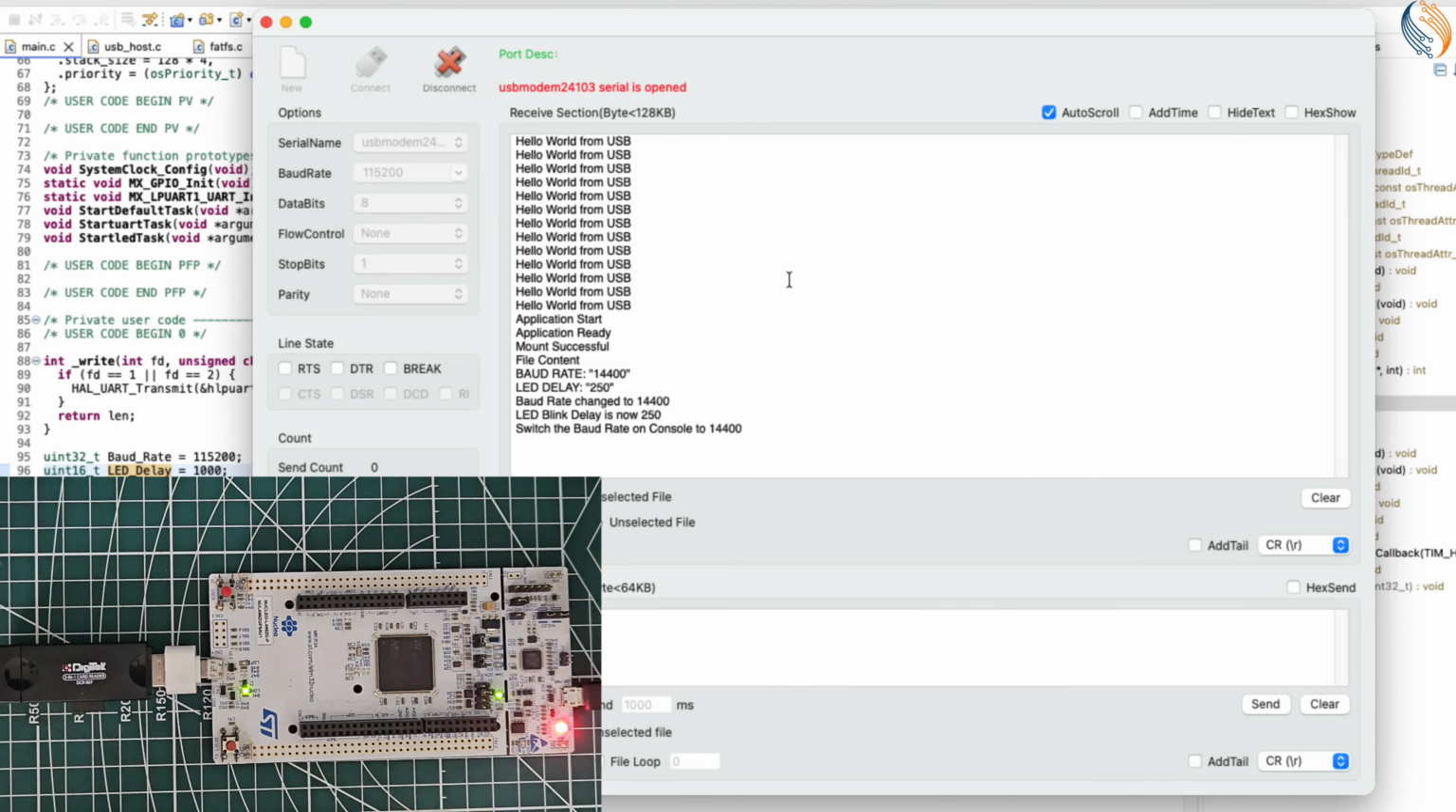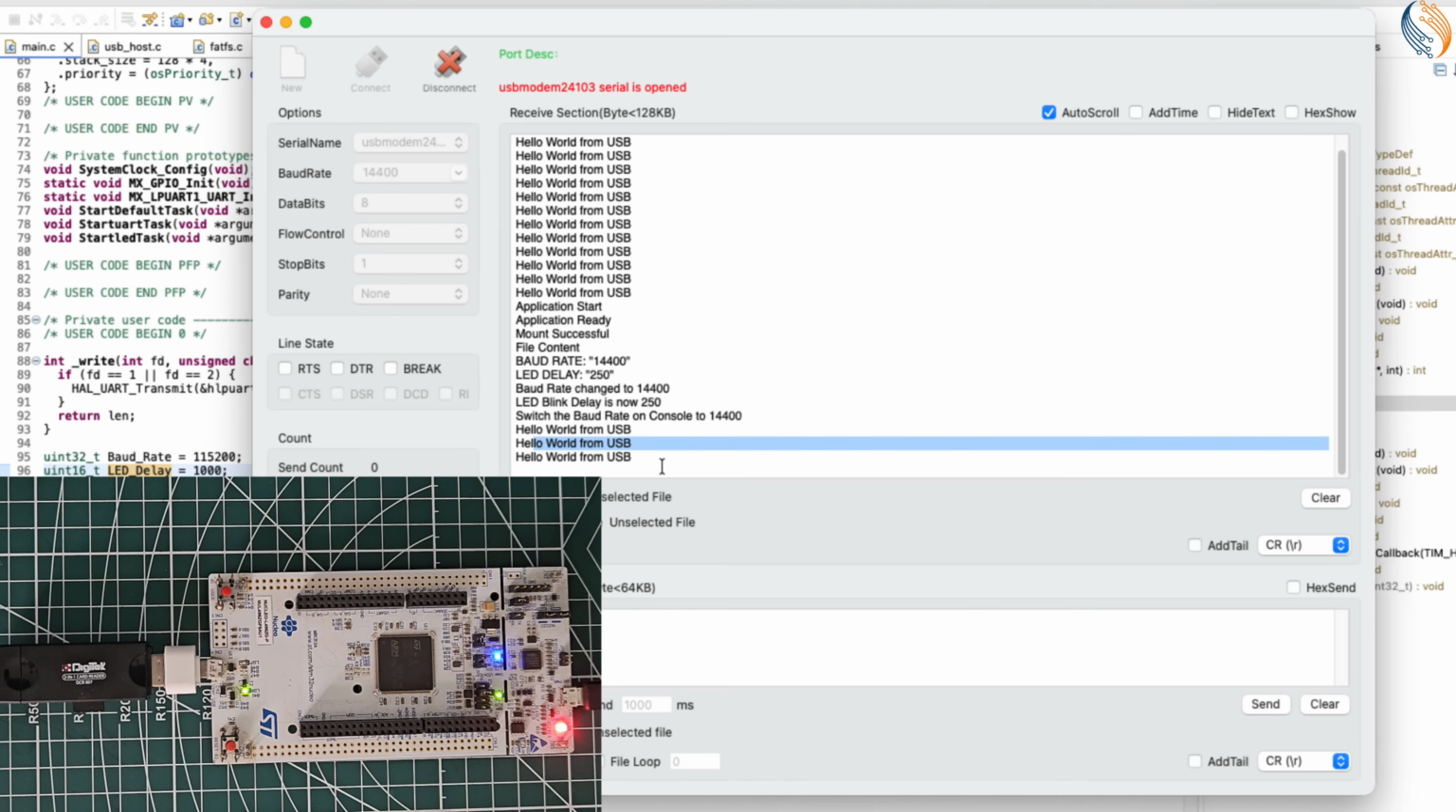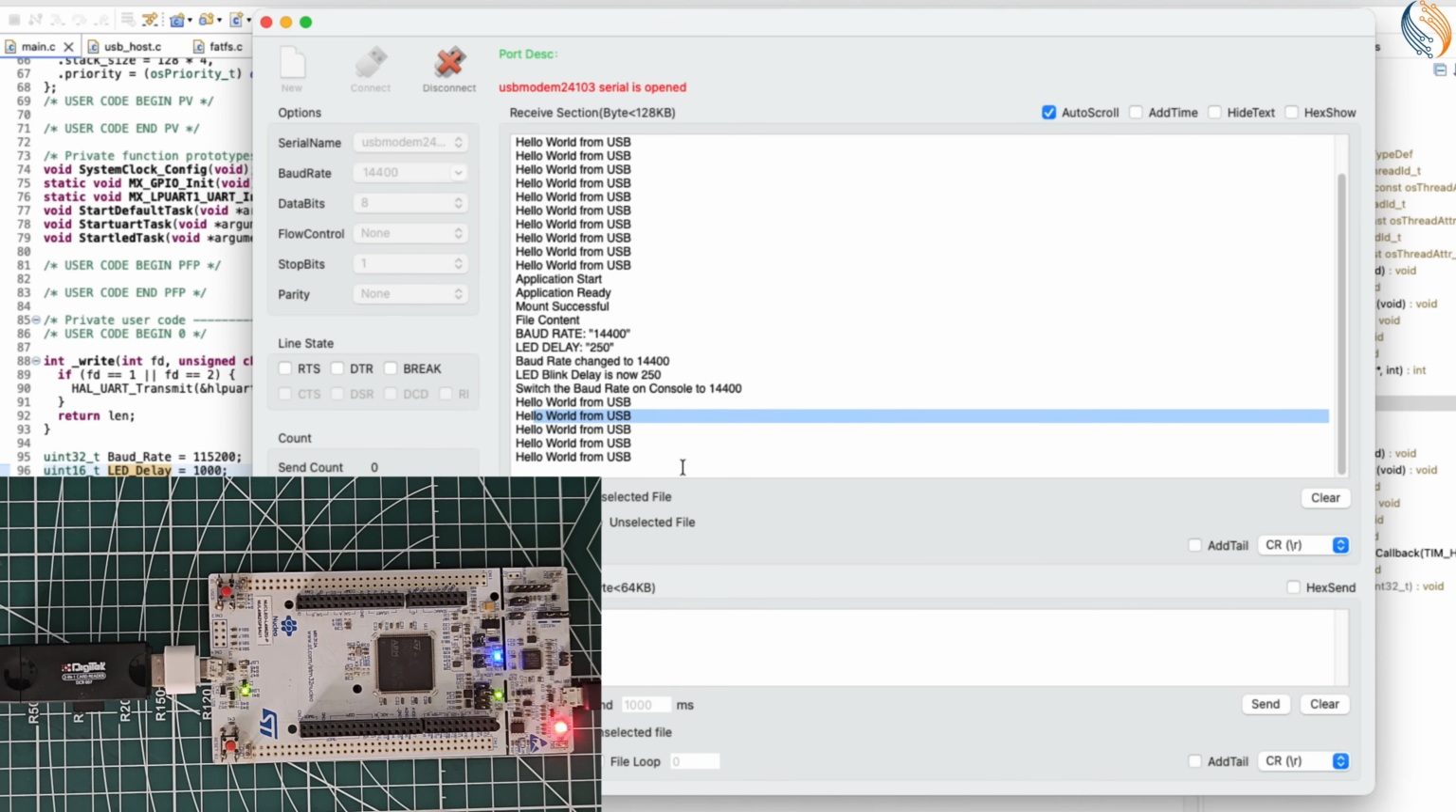As soon as it is connected, you can see a log message on the console asking us to change the baud rate to 14,400. Let us do that. As soon as the baud rate is changed on the serial monitor, the data starts printing again. The LED is also now blinking every 250 milliseconds, which confirms that the LED delay was also applied successfully from